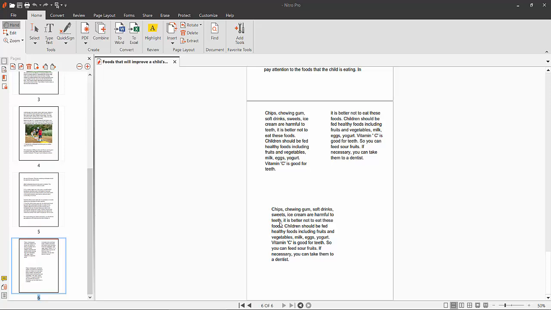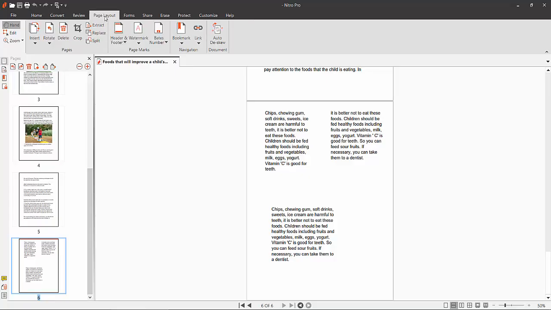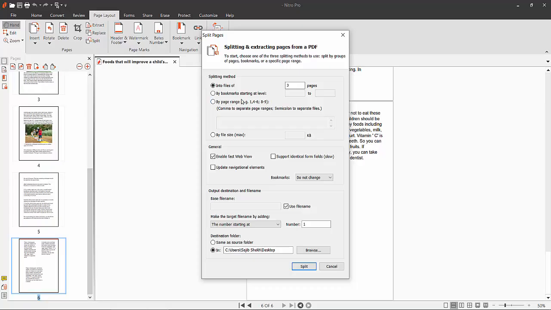Hello everyone, today I will show you how to split a PDF file with custom page range using Nitro Pro PDF Editor. Open your PDF file with Nitro Pro PDF Editor and in this menu bar select your page layout option. Now click on this split option and the split dialog box now opens,